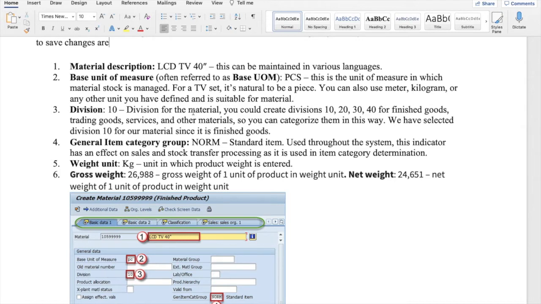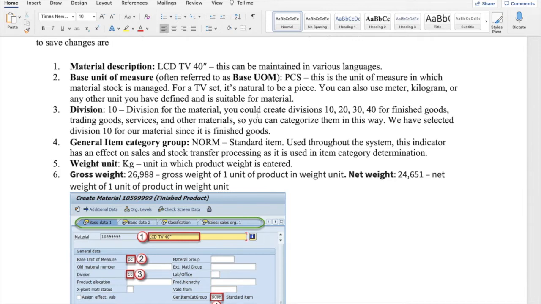I described what a division is in chapter 2 or chapter 3. Divisions are the different business functions of an organization where the finished goods are kept.